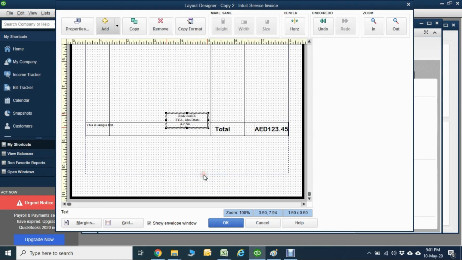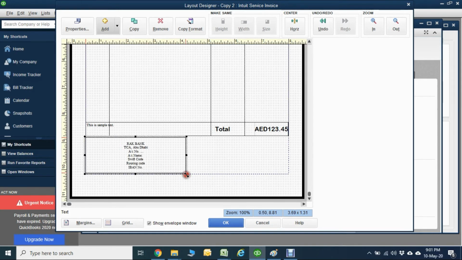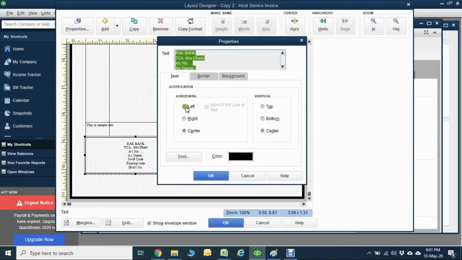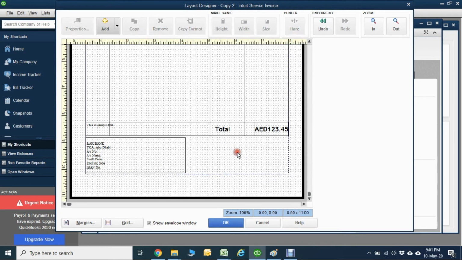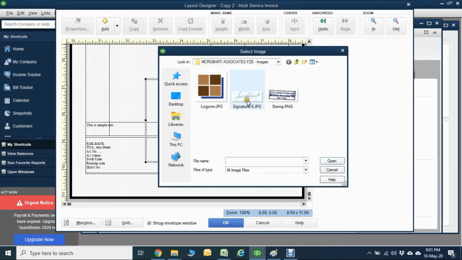So like this, I can make it a box here. Bring this box at left or down here. Make it bigger size, almost half of the page. And then take them at left side. Then put your signature here. Add a box here. You can take the image directly. Image you can put it here. Okay, I took the image from here.